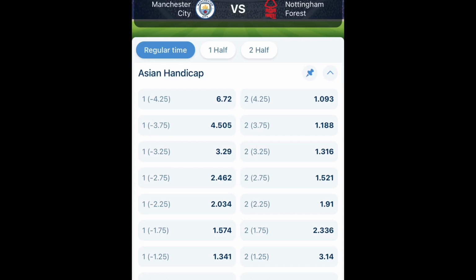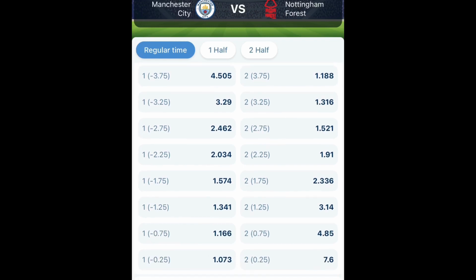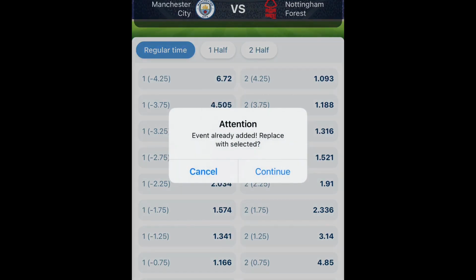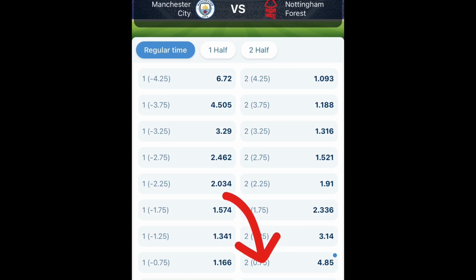For example, in this game between Manchester City versus Nottingham Forest, we can give Nottingham Forest Asian handicap 2 bracket 0.75. If you go with this option, Asian handicap 2 bracket 0.75, what it actually means is that if this game should end draw, you will win this ticket.